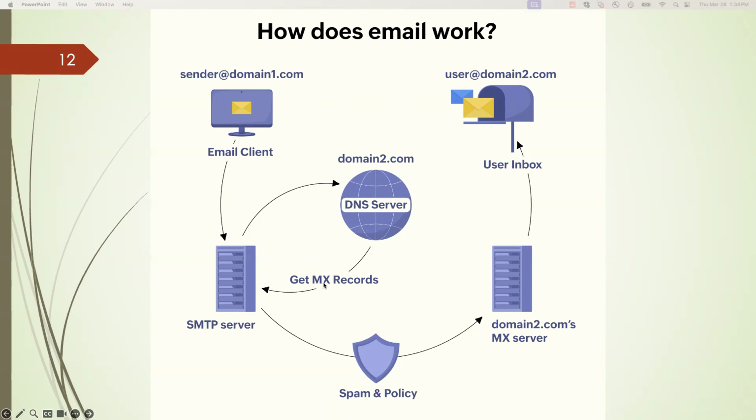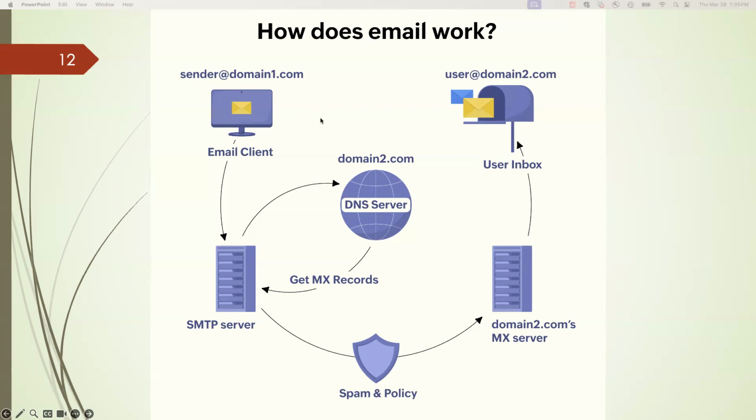So when we say mail servers in networking terms, the terminology used is MX for mail servers. MX records mean the name or IP address of the email server of domain2. Once the SMTP server of domain1 gets the MX record, then it can directly send the message to domain2.com's mail server. And from there, domain2.com's mail server will put our email in the user's mailbox and